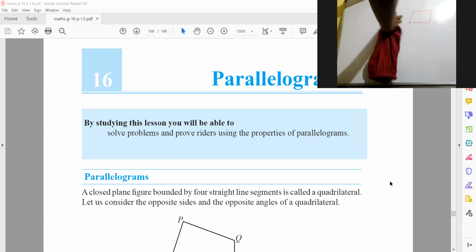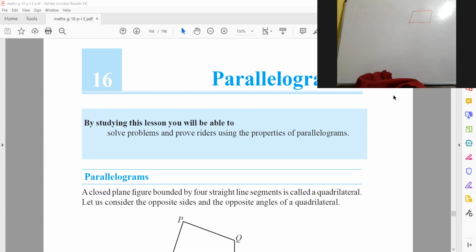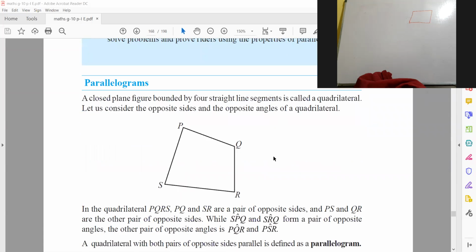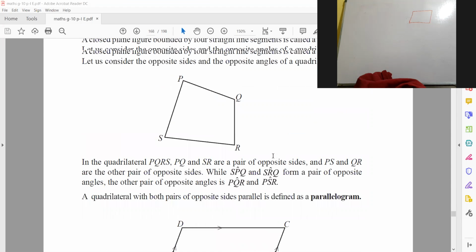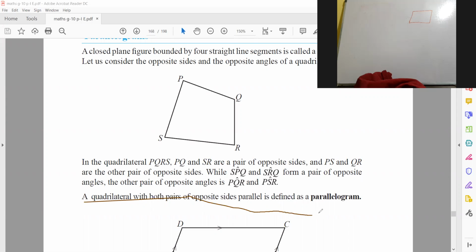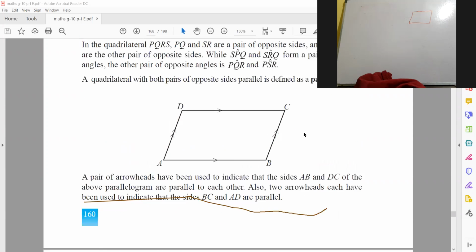Now the basic definition, as you see in the screen shared: what is a parallelogram? A quadrilateral with both pairs of opposite sides parallel is defined as a parallelogram, right? That's the basic definition of a parallelogram. Now, if we go further,